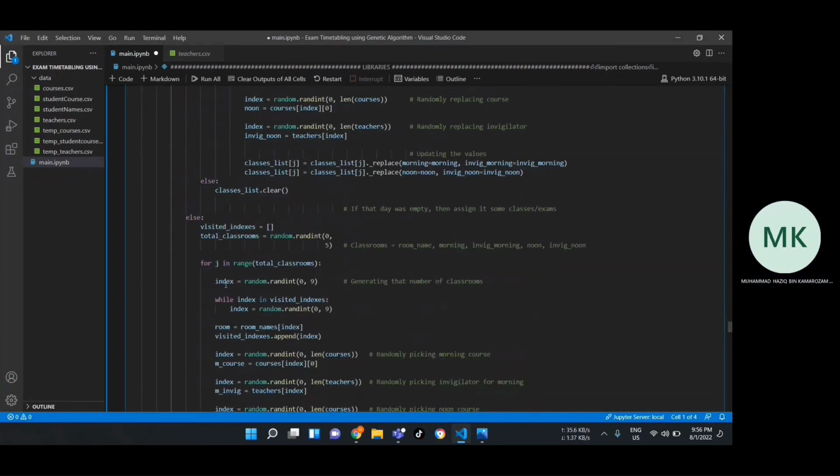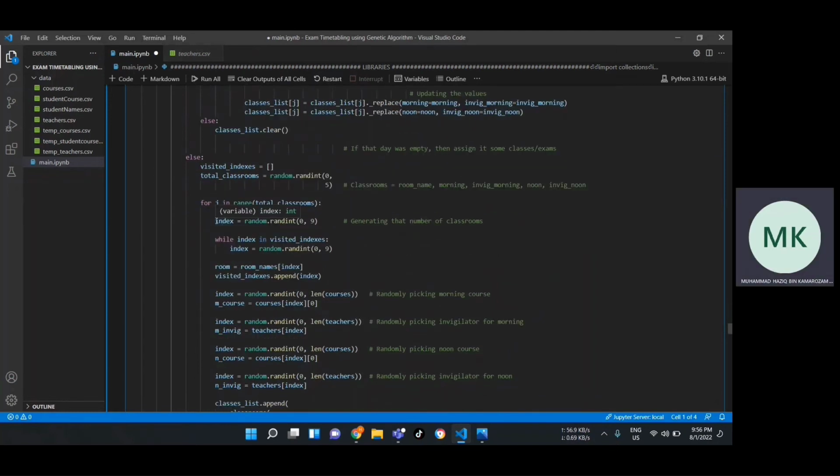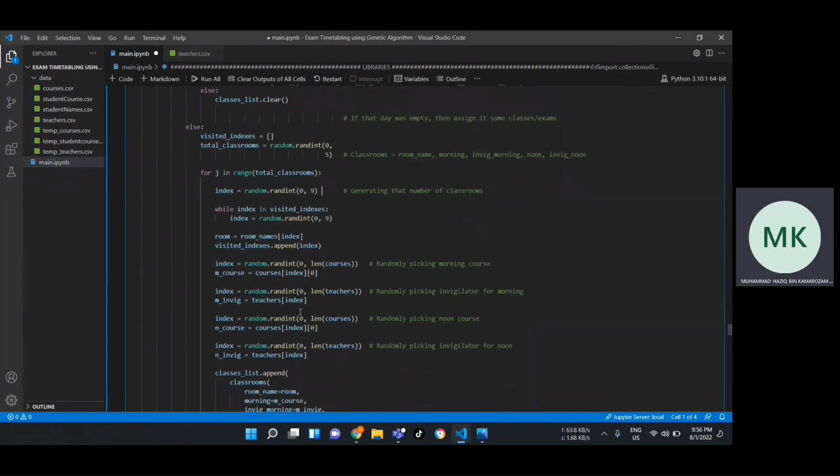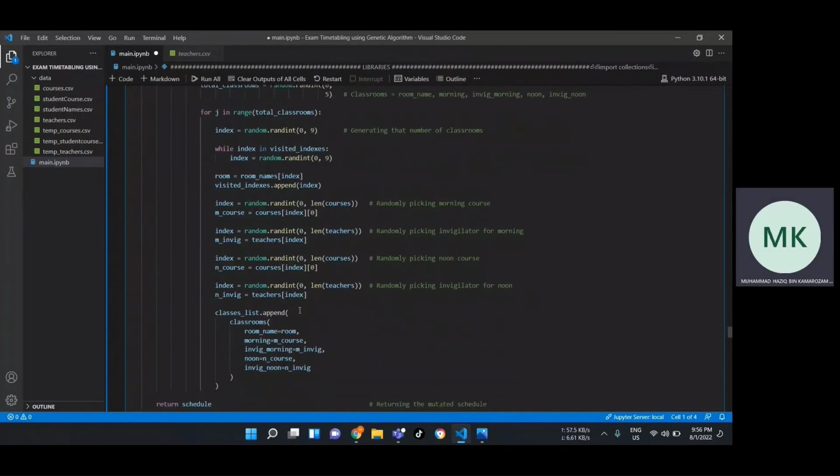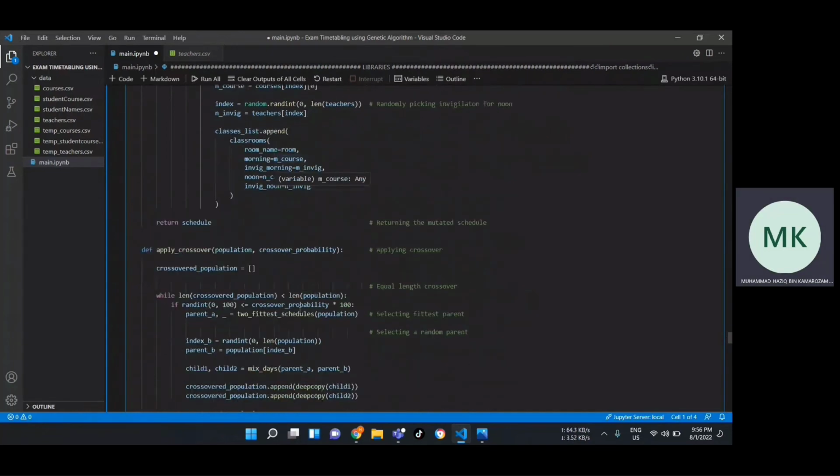And then this line is generating the number of classrooms, and then it will randomly pick the morning course, the invigilator for morning, noon, and so on. And then the function apply crossover